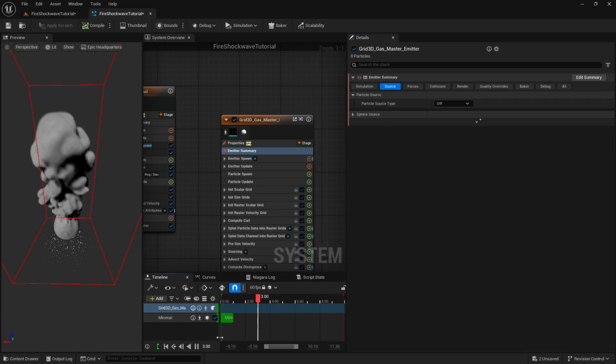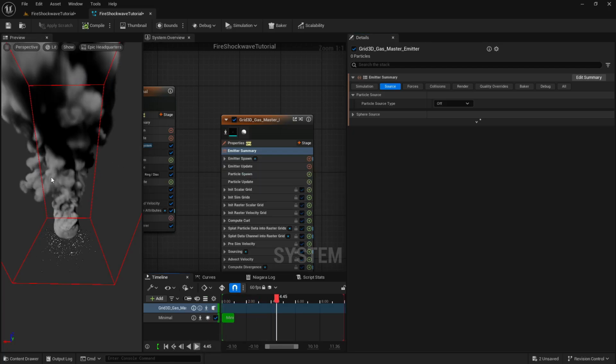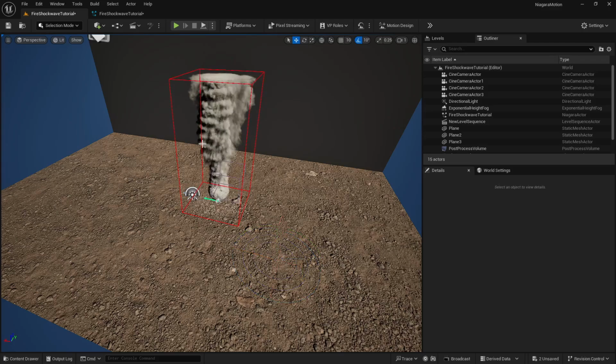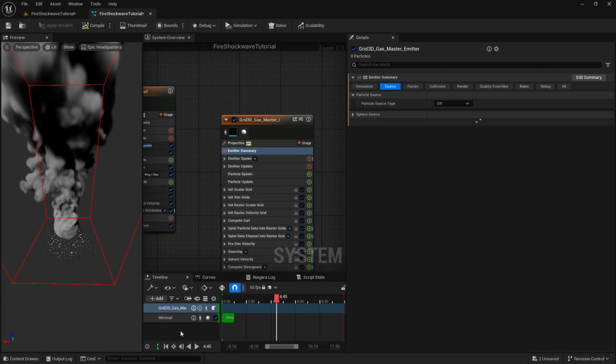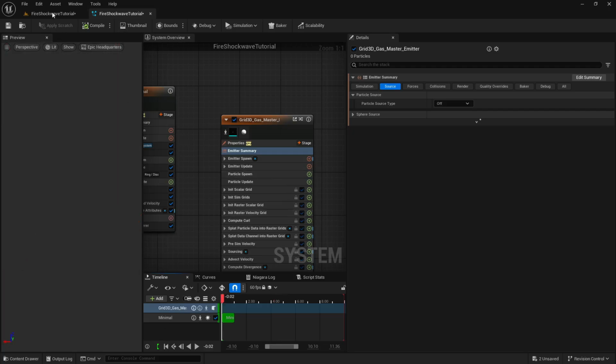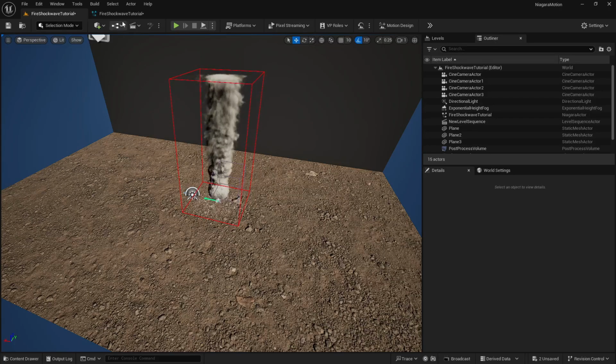I'm going to work in my viewport only, because I found that when I work here it's really slow. So I'm going to just work here only and see all the updates here. Okay, so if I click here, if I go here as well, and if I go back here, from 0, and now you can see the result here as well.